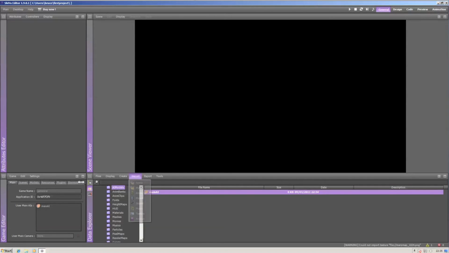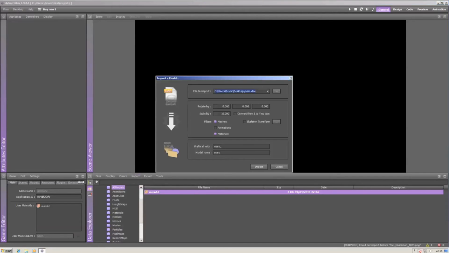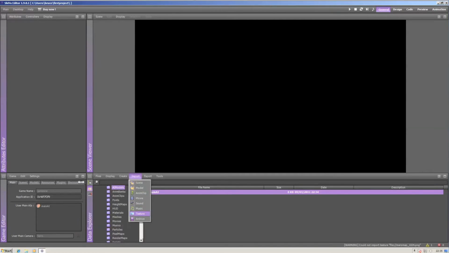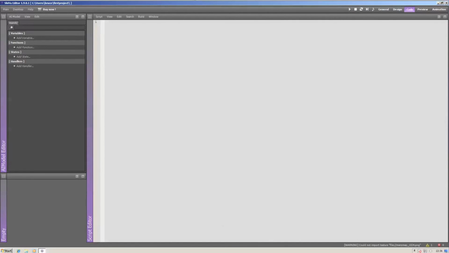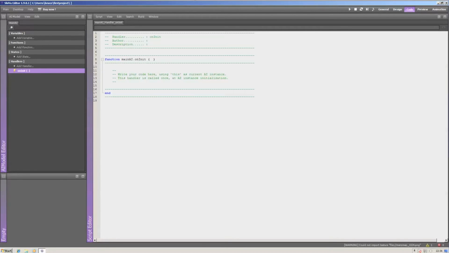You could now start to import all your models along with the textures, sounds, music, and if you have them, some assets of your previous project. The main AI, if you switch to code, will need an onInit handler which calls your current scene